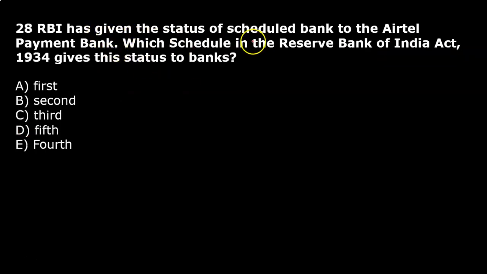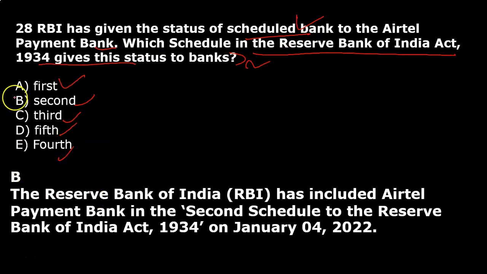28. RBI has given the status of scheduled bank to the Airtel Payments Bank. Which schedule in the Reserve Bank of India Act 1934 gives this status to a bank? It is a very important question. You have to identify the schedule under which RBI gives scheduled bank status to other banks. Your options are first, second, third, fifth, or fourth. So the answer is